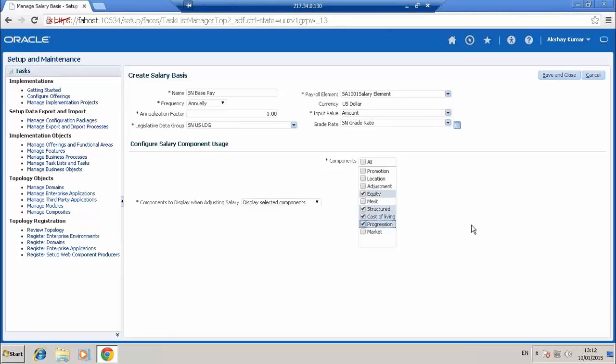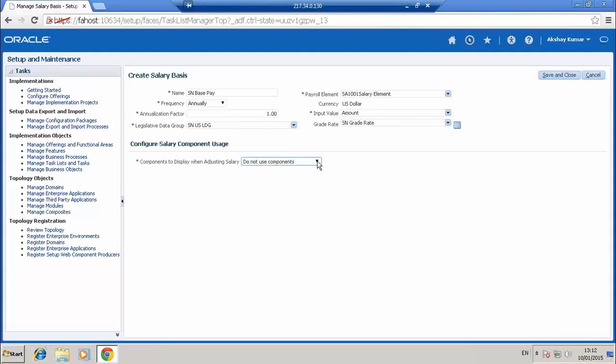Okay. It is nothing but different salary components. So for example, if you see cost of living, I can give $1,000 as a cost of living, $100 as a structure, etc. So that is the main aspect of using these components. If you don't want to use components, you can just leave it here.